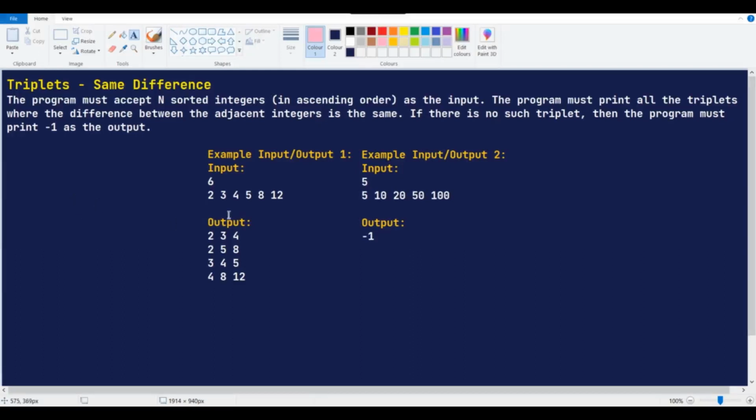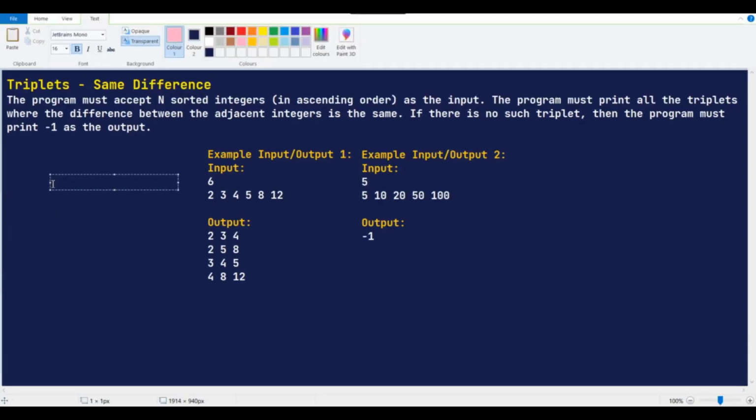So let's see how we are going to do that. First we just need to make a combination of each element, like 2 3, 2 4, 2 5, 2 8, 2 12. After that we just need to make the differences. It will be 1, 2, 3, 6, 10,